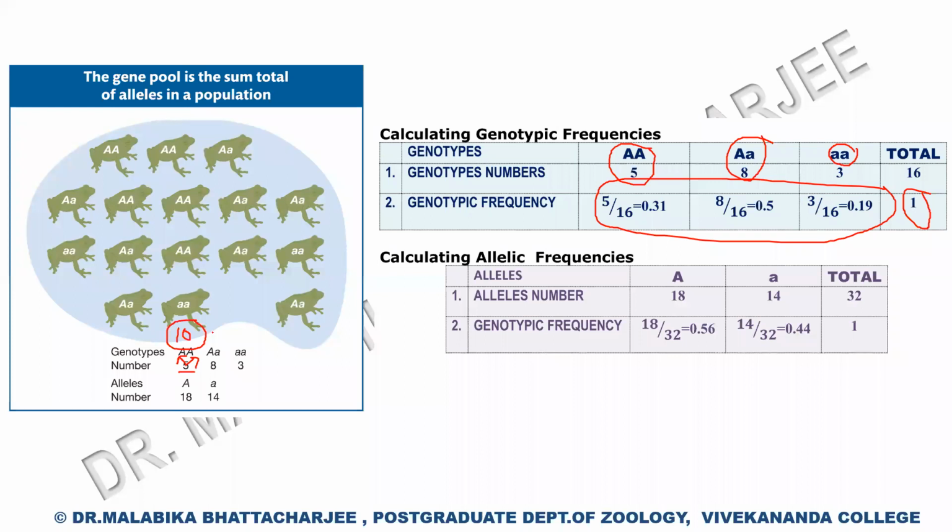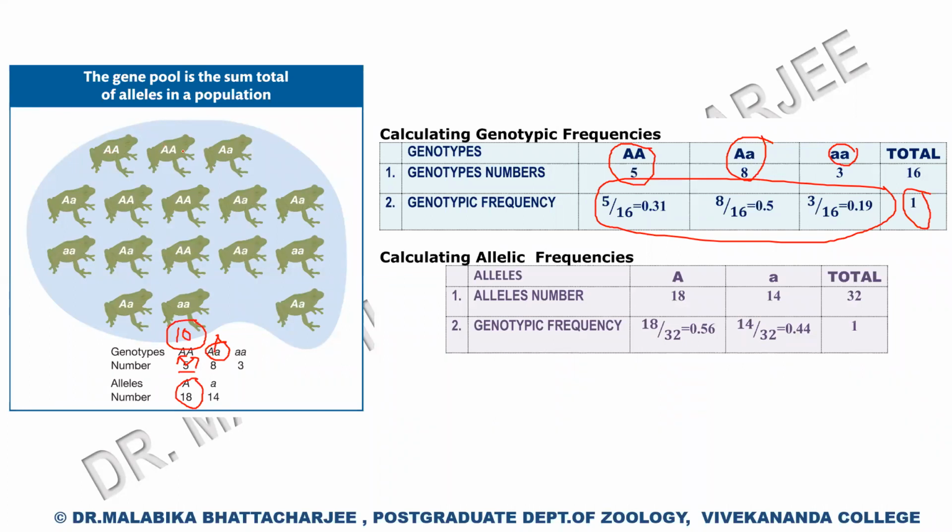Now let's see the next part. This is the heterozygote part. In the heterozygote, we are seeing one capital A allele. So there is only one capital A allele, so 8 individuals will contribute 8 capital A alleles. And finally, we have the total. First, let us calculate the total capital A alleles. Now, if we add up the total number of capital A alleles, that becomes 18. If you go for a simple allele count, you will see you will be getting 18 alleles.